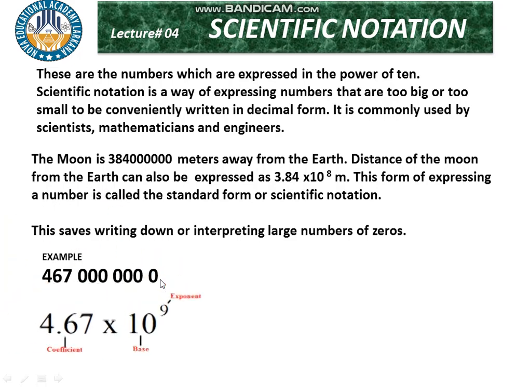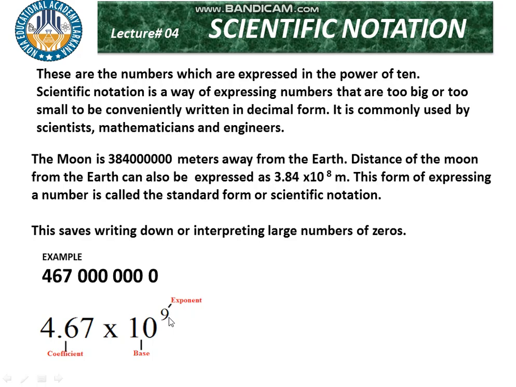Now let's see, when this point is shifted from here, 1 2 3 4 5 6 7 8 and 9, we are going to put this decimal point between 4 and 6. Here is the decimal point that has been placed between 4 and 6. Now how many places have you crossed? 1 2 3 4 5 6 7 8 9. Now your power must be 9. So this is the way you can express the data in scientific notation.